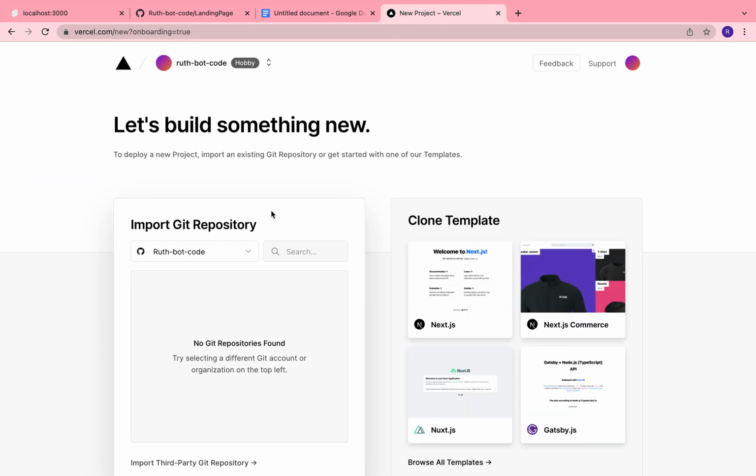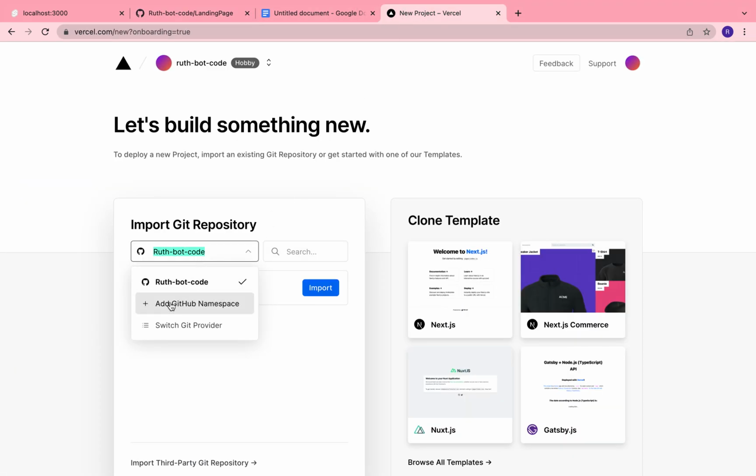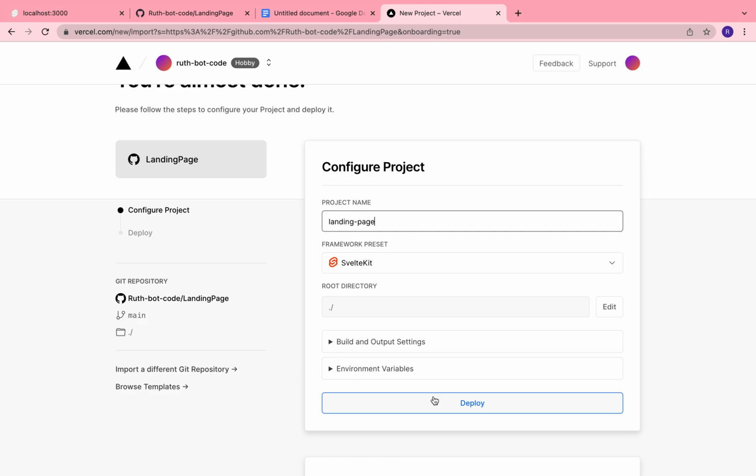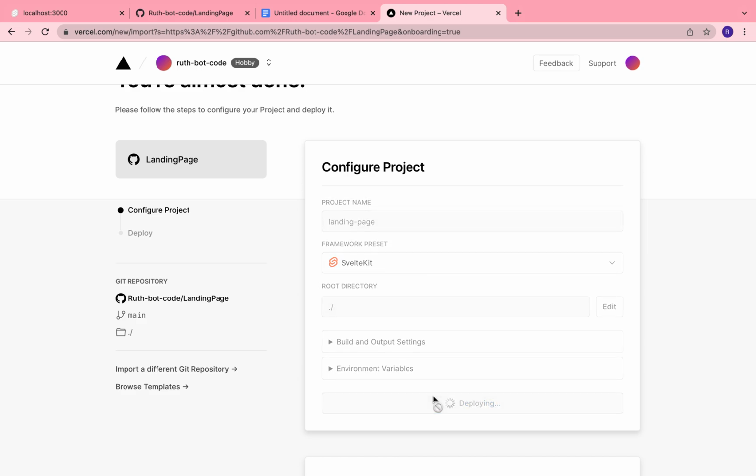And we'll go to Vercel, and then here you can add a GitHub namespace, and then you can add your GitHub account. I have done mine, and then you can see it'll automatically take all the repositories that are there in your GitHub and show it here. So I'm just gonna do import, and then here we need not do anything since we have already installed everything that is needed. I'll just do deploy,